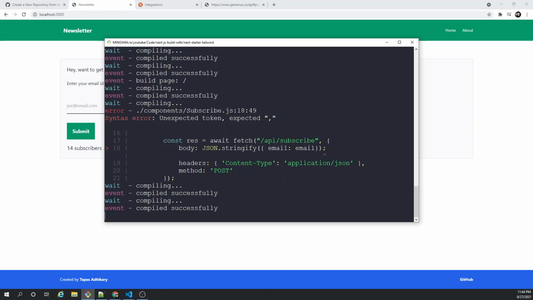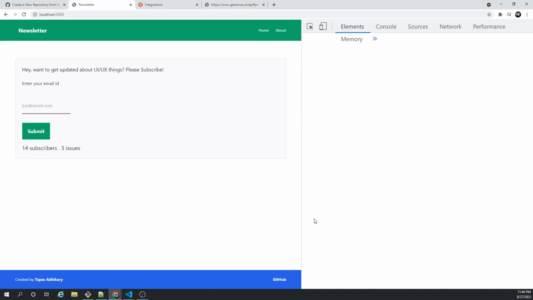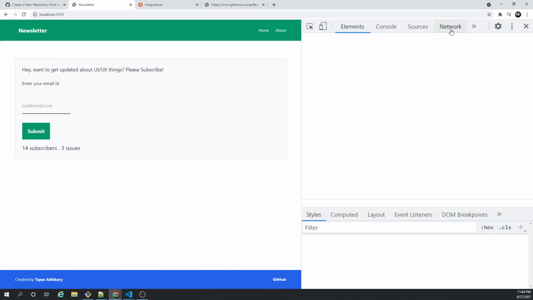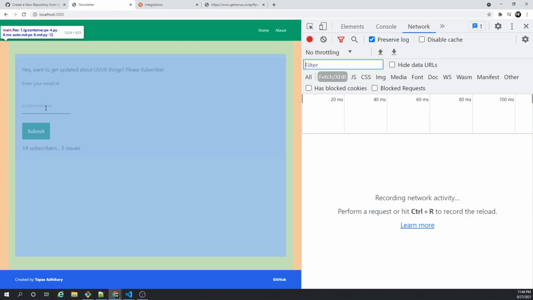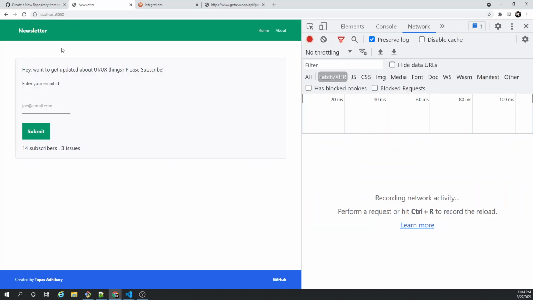All right, so we have this page coming up over here. Yes, it is. Now let me open the Chrome debugger tool, because I want to check the network tab when I'm putting in somebody's email ID. Okay, this is the network tab, and let's put in an arbitrary email, because the verification stops, so you can give an arbitrary email. Let's give